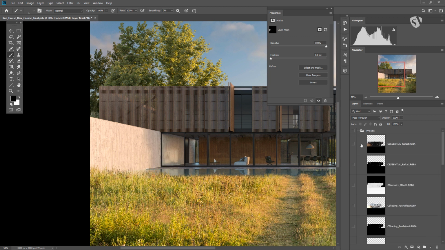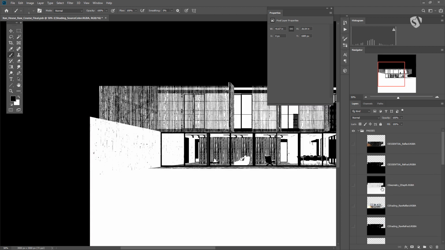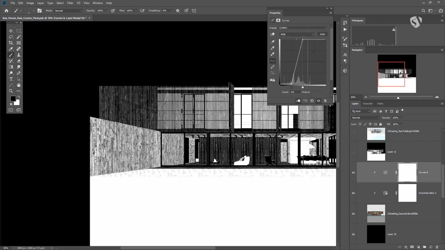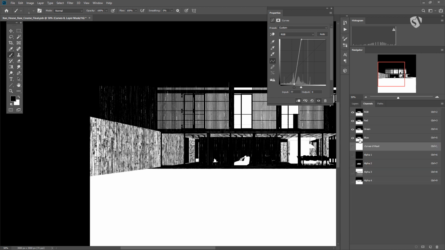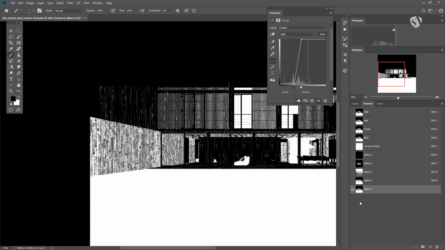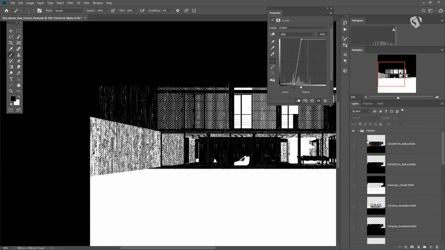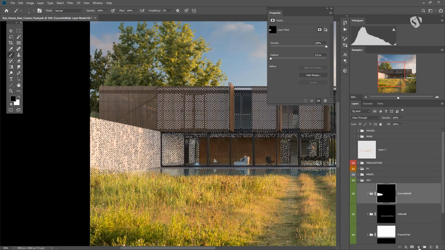We go back into the passes and we make this visible. And of course, you need to change the curve, because you see, now we need this type of contrast. I like it. Channels, control click on one of the channels, new channel, Ctrl+I to invert and save the selection. Okay, so now we can go back into the layers, hide the passes, and inside the concrete wall folder,